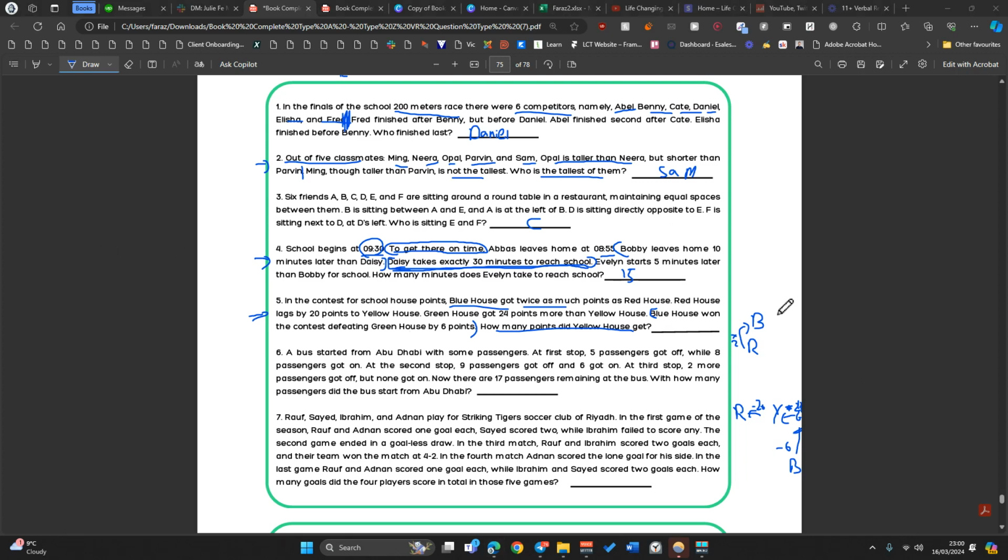Okay, so this is going to be a very difficult one because they haven't actually given us any of the points of the other houses. But what they have given us is two numbers. So we know the red house has to be basically half of what the blue house is. So we have to test different numbers that we can come up with that will actually suit this. So if we, for example, assume red got 20 points and blue got 40 points,